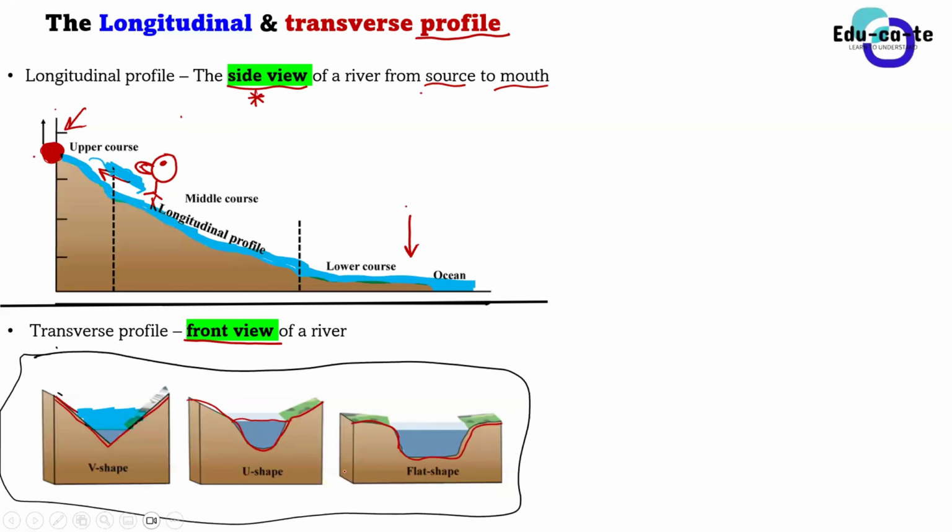So we've got valleys that look like V shapes, that look like U shapes, and the other ones look like flat shapes. But you are seeing this, you are inside the river, the water is coming towards you, grade 12. The water is coming towards you. I cannot draw this using arrows, but imagine the water is coming out of this picture, coming towards you.